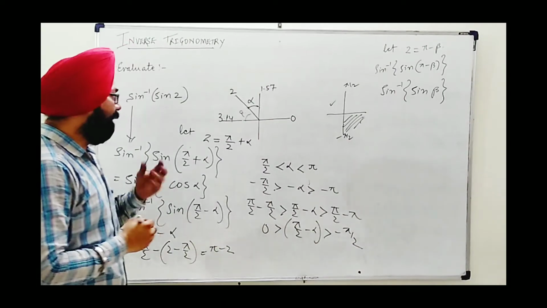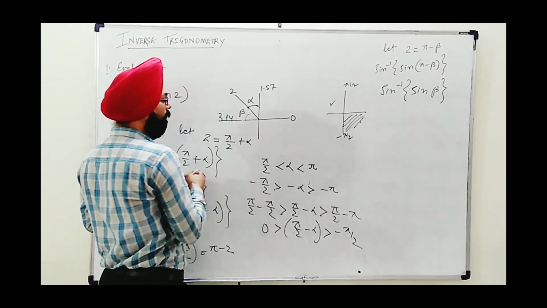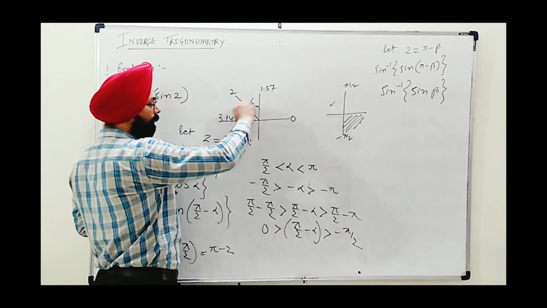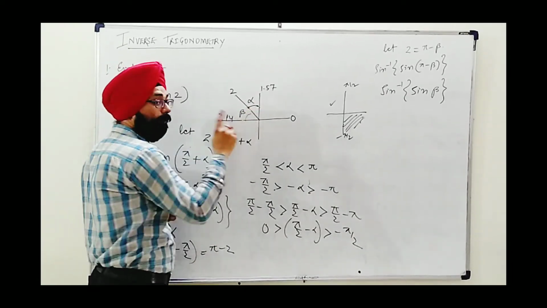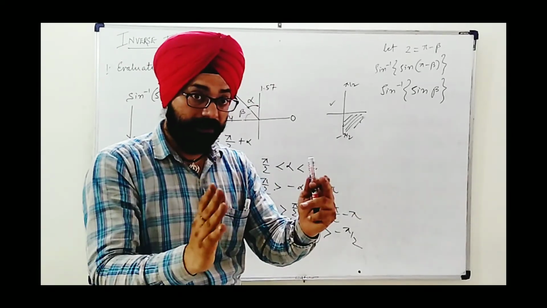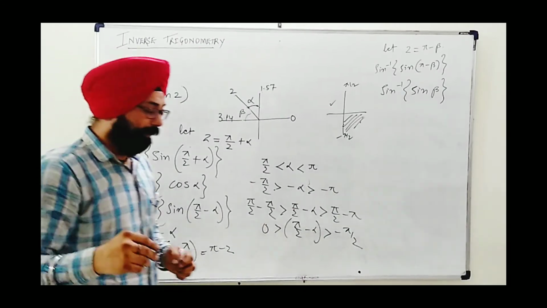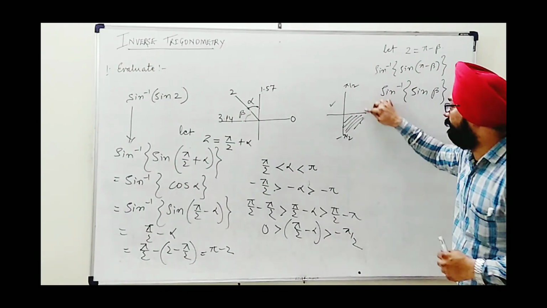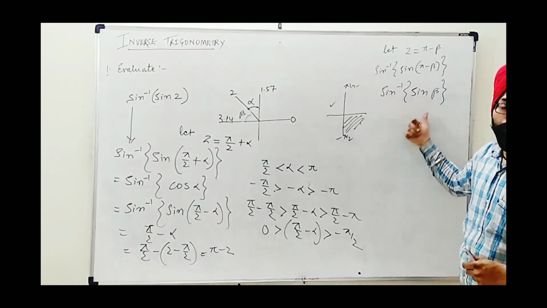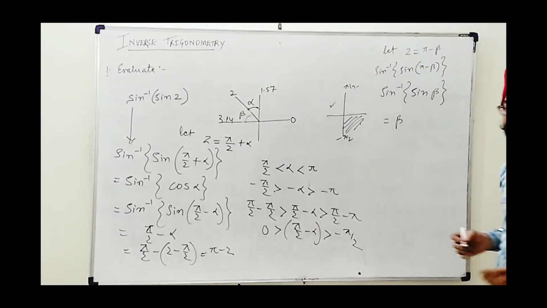Now, as I said, whatever you take, either with respect to 180 or 90, this gap will always be an acute angle, lying between 0 and 90 degrees. So for sure, as this angle lies between 0 and 90, it belongs to the principal domain. We can cancel by the law of cancellation, having the result as beta.